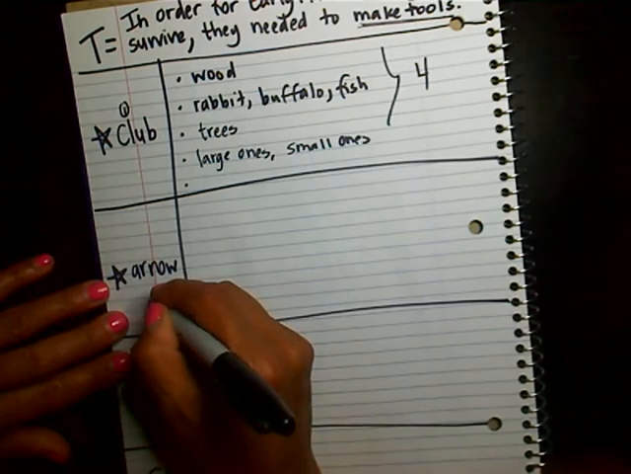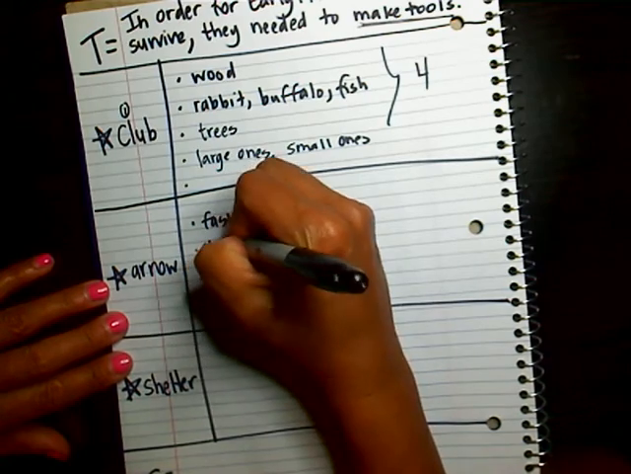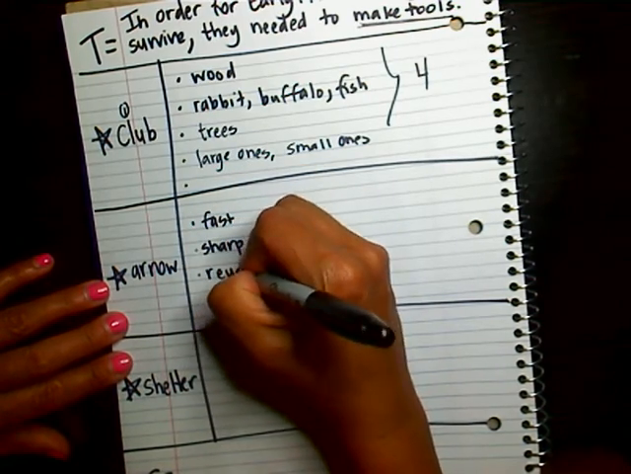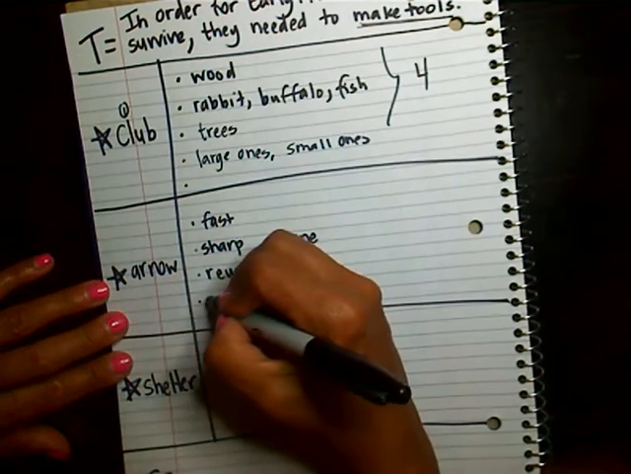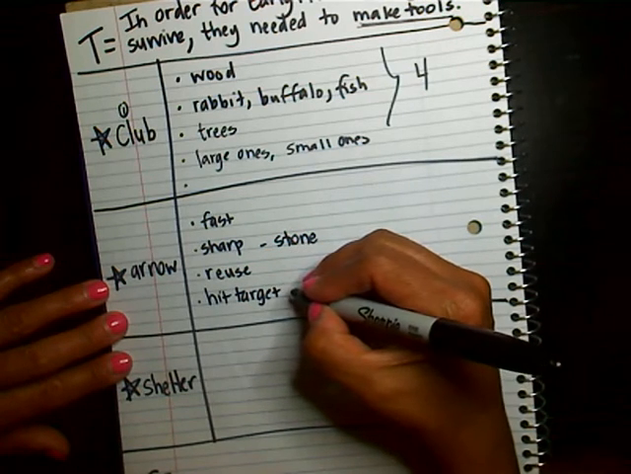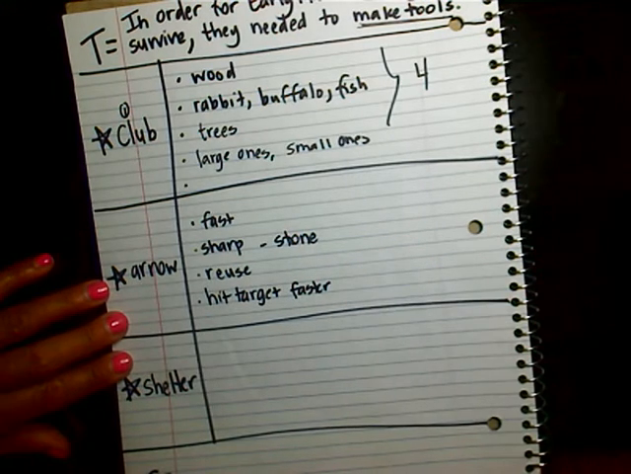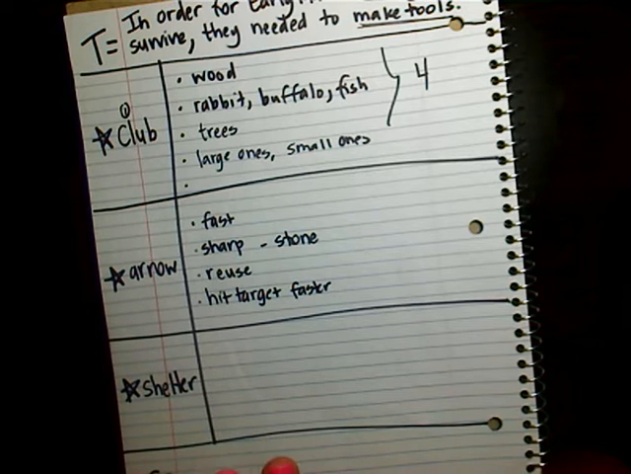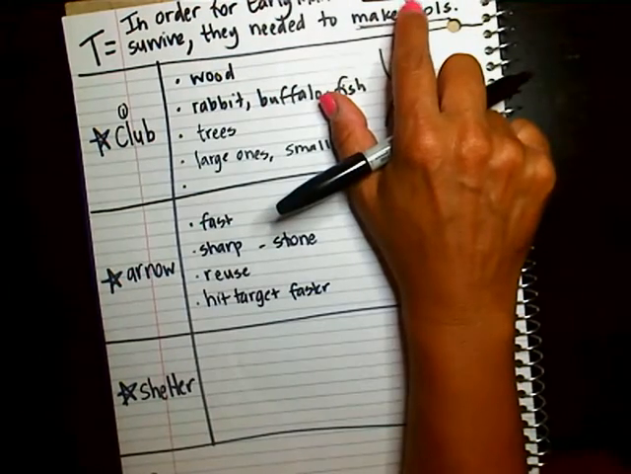All right, the second thing I'm going to talk about is an arrow. It was fast. It was sharp. They could reuse it. It was made out of stone. They could hit their target or their prey or their hunting, hit the target faster. Okay? And then I'm going to think about anything else that I can think about an arrow. I probably am going to go look at my social studies book or social studies weekly to find out anything else I can think about an arrow in the early man